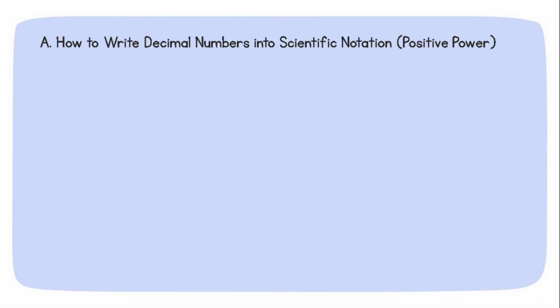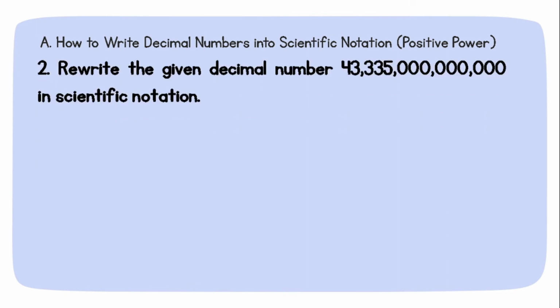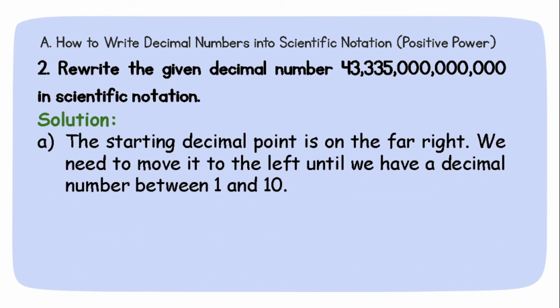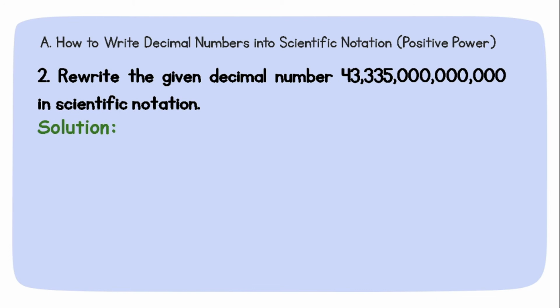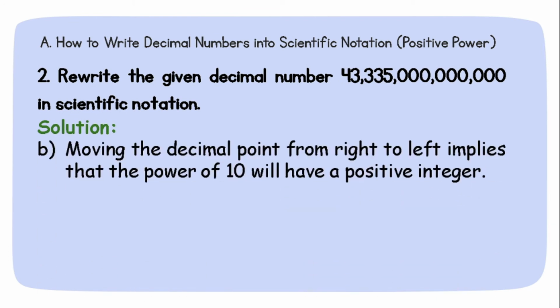Example number 2. Rewrite the given decimal number 43,335,000,000,000 in scientific notation. The starting decimal point is on the far right. We need to move it to the left until we have a decimal number between 1 and 10. So, we will move the decimal point towards the left, that is between 4 and 3, to obtain 4.3335. Moving the decimal point from right to left implies that the power of 10 will have a positive integer,